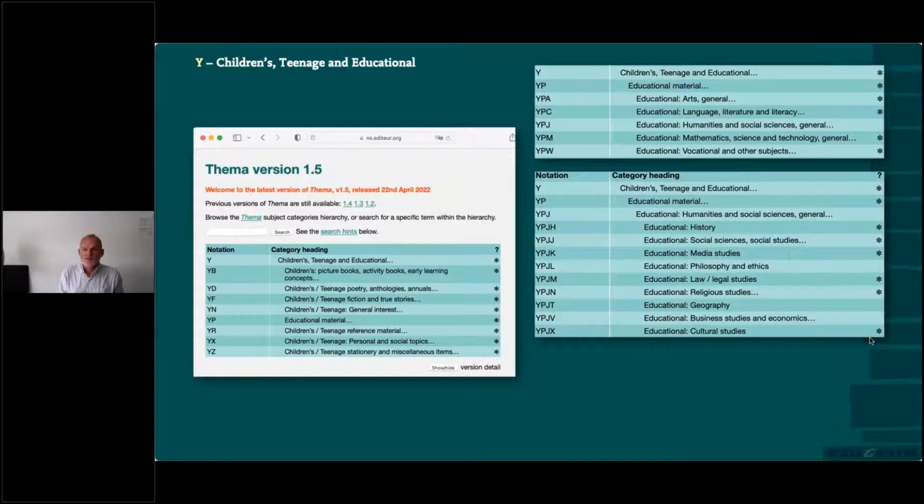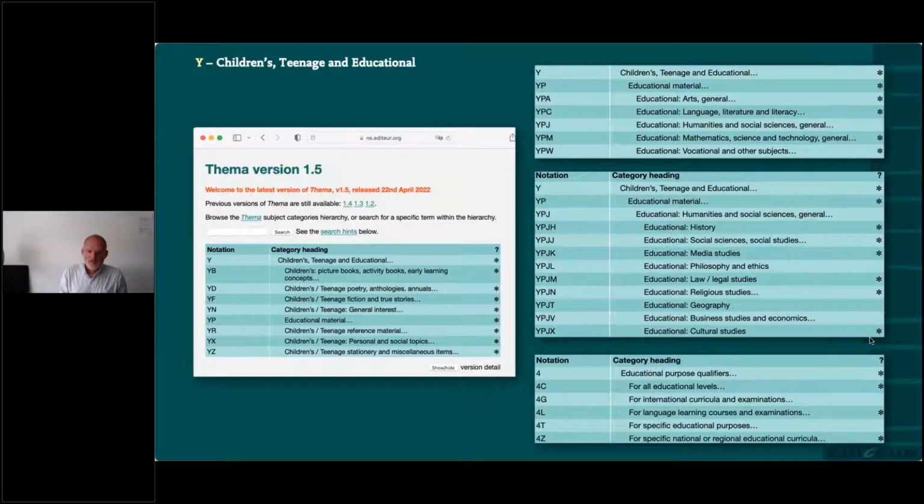Thema has all the subjects. You just have to find the subjects, even if they're called something else. Sometimes you may need to use more than one code. And with the YP codes, you need to use 4 qualifiers as well. These are the educational purpose qualifiers. So these are mandatory with the YPs, like 5A is mandatory with all the other Y codes.